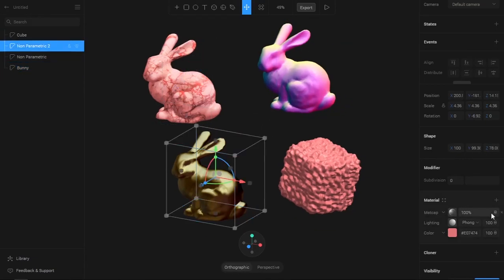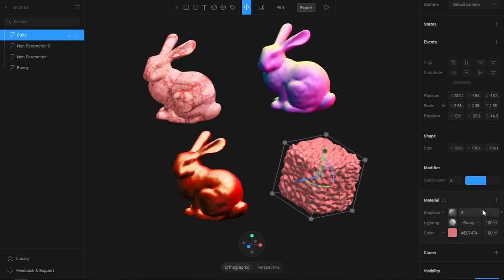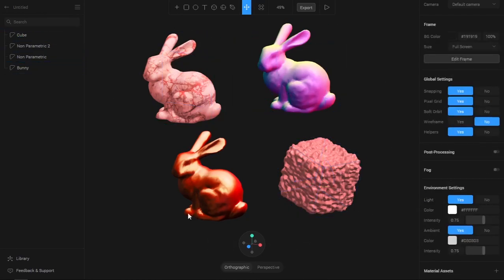You can also use it on the matcap. If you apply multiply, you can see that the golden color is mixed with the red color in a dark form. And if you apply screen, you can see that it is lightened and shiny. If you apply overlay, you can see that both the values are combined and we get this form. The displace material doesn't have any blend options because it deforms the object. So that is pretty much how these materials work.